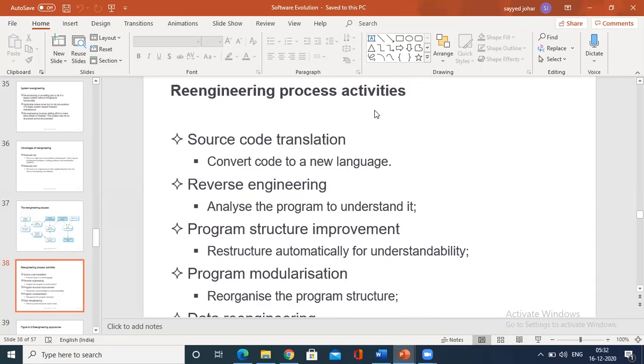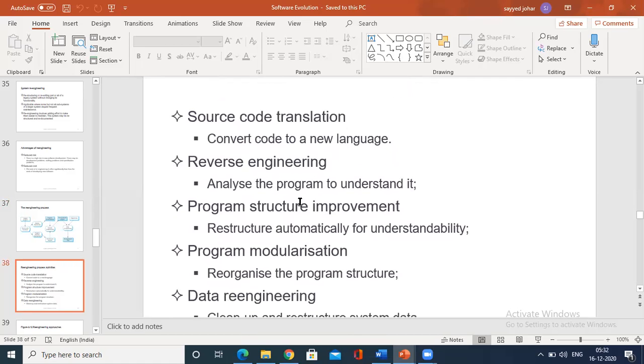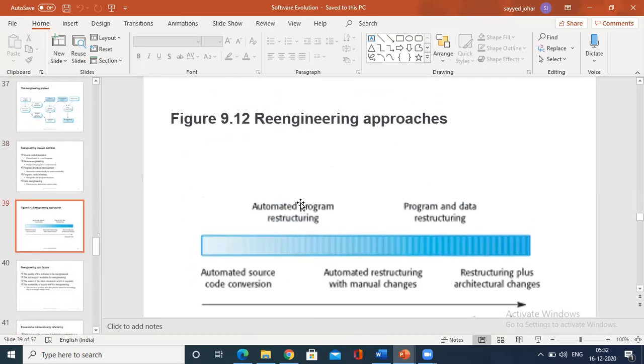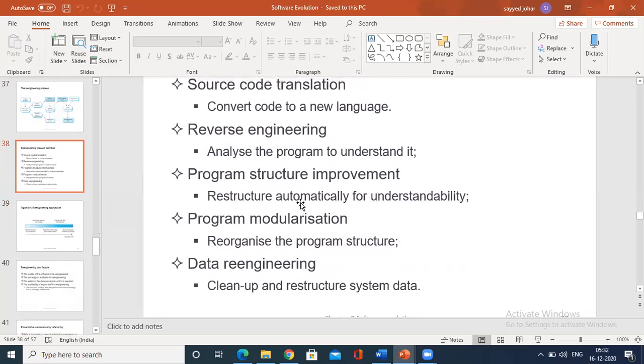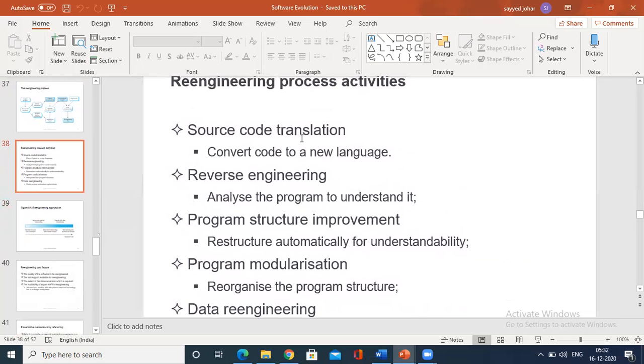So this is what I explained, the re-engineering process activities. We have source code translation, reverse engineering, program structure improvement, program modularization, and data re-engineering. So in short, source code translation converts code to a new language. Reverse engineering analyzes the program to understand it.